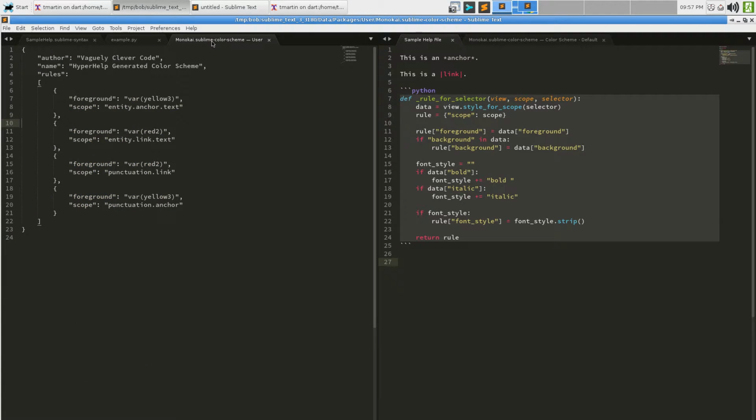Is that doing anything? The scope entity anchor text should be set to the text yellow 3, shall it not? But it doesn't appear to be. But links worked. Punctuation anchor text, punctuation link text, punctuation link, punctuation anchor.